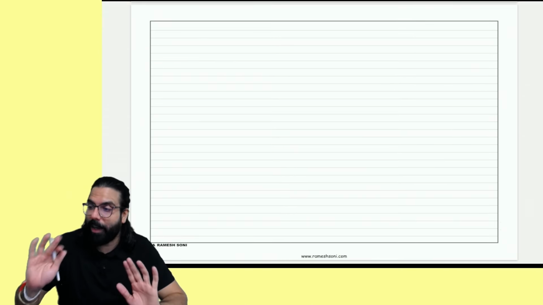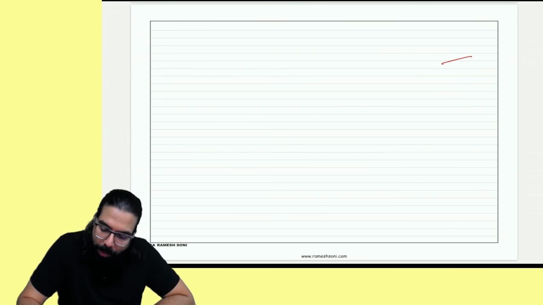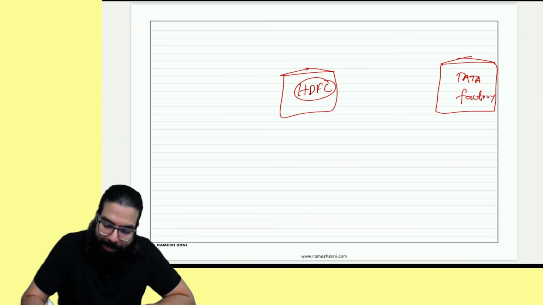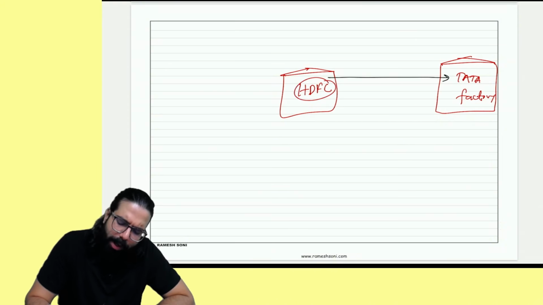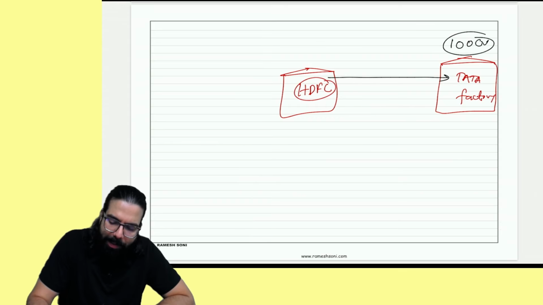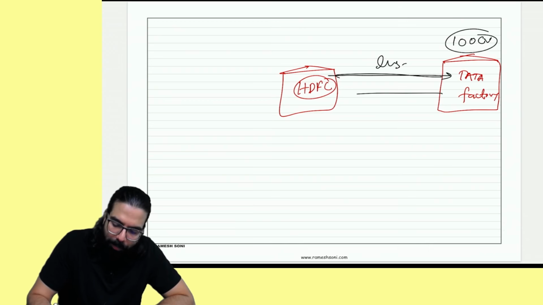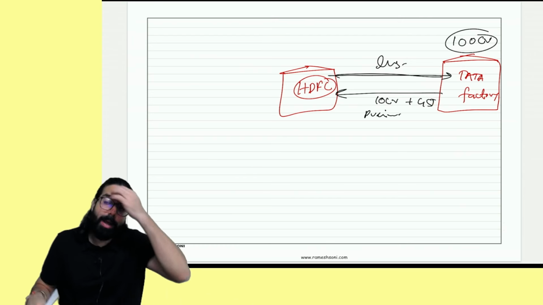For example, now the second one, paragraph number 10, we are understanding. Here, suppose Tata's factory is there. Tata's told HDFC, can you do the insurance? HDFC told, okay, we'll do the insurance. They wanted coverage for 100 crore rupees. HDFC told, okay, we'll go ahead and do the insurance service. You have to pay us 10 crore rupees, plus GST, which we are going to collect as premium.